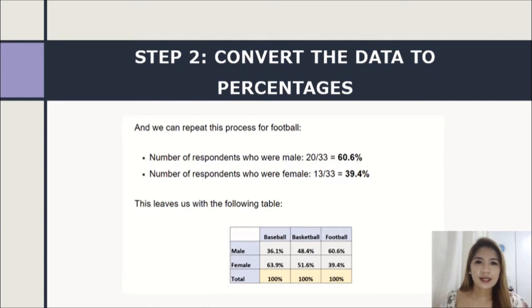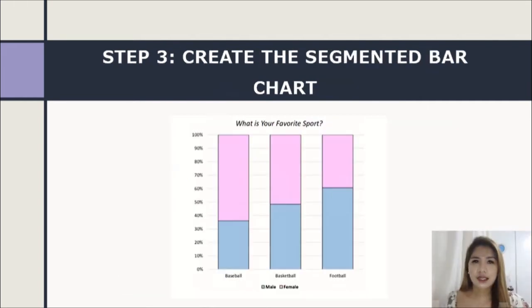Next, step 3 is to create the segmented bar chart. We can create the segmented bar chart by using 3 separate bars, one for each sport, and filling in the bars according to the percentage of respondents who were male or female. This helps us quickly understand the breakdown of the percentages of students who prefer each sport based on